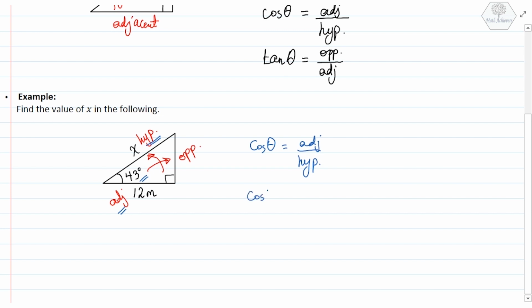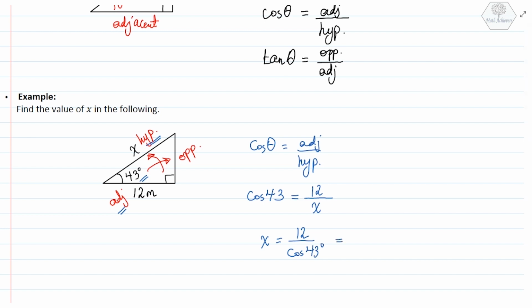So, cosine 43 is equal to the adjacent, which is 12, over the hypotenuse, which is x. So now, cross multiply, I will have x to be equal to 12 over cosine 43, and this would be